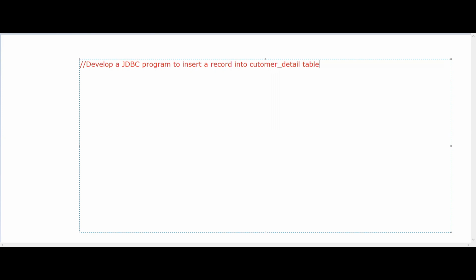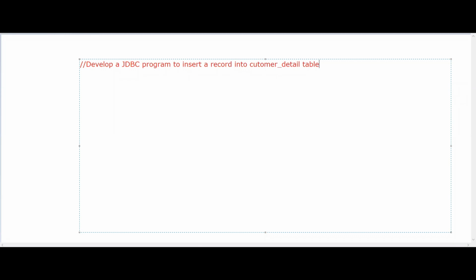First of all, you have to understand and analyze what problem task is given. Our problem task is we have a customer table. Let the table name be customer_detail, which we will create in the database environment.